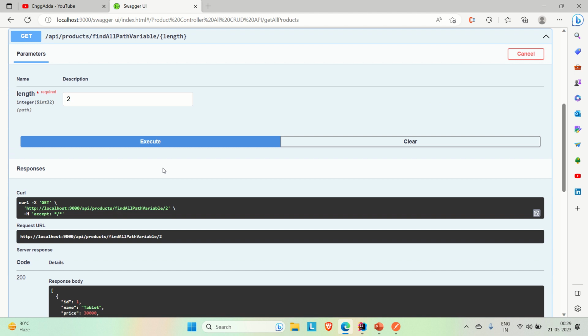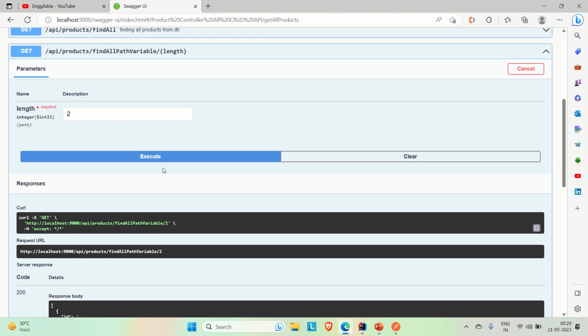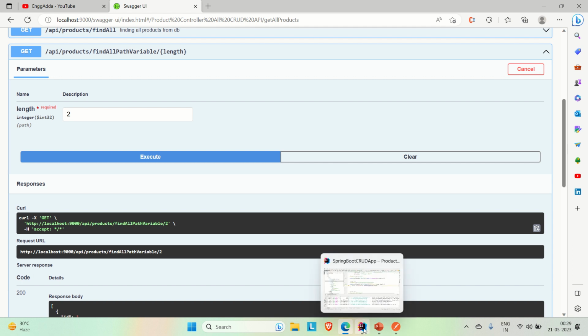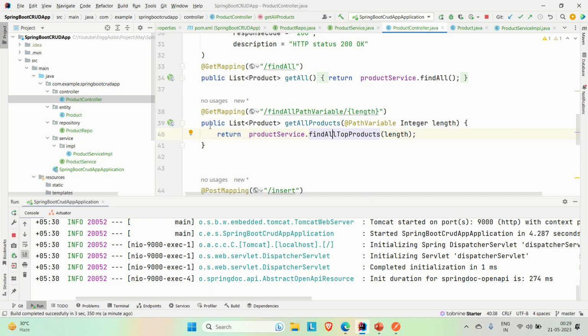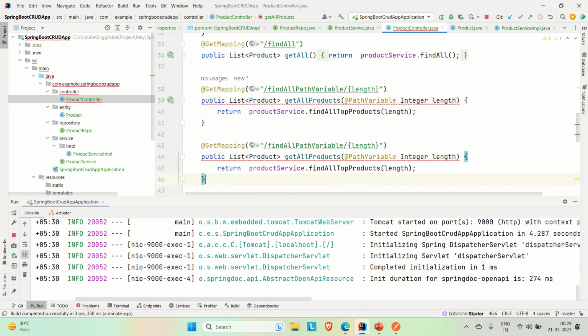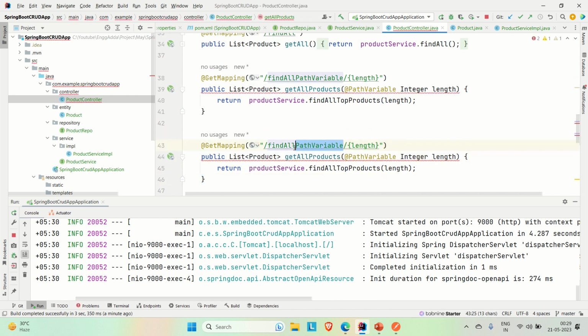Now coming to the request param, you can provide the argument as additional parameters, optional parameters, or mandatory itself. Okay, so both of the options are available when you are using @RequestParam. Let me show you how you can use the request param. Let me copy this URL and paste it down, and let's say this is find all request param,